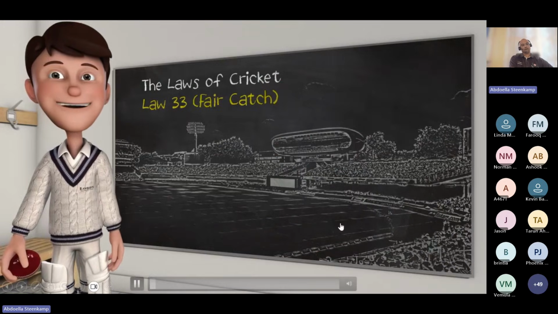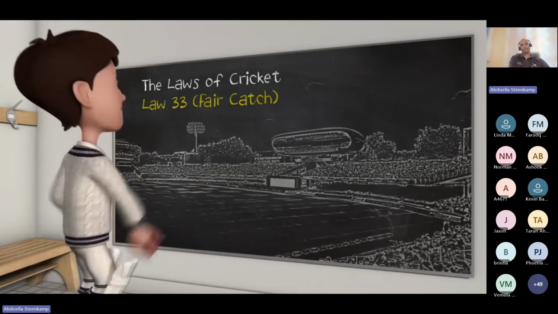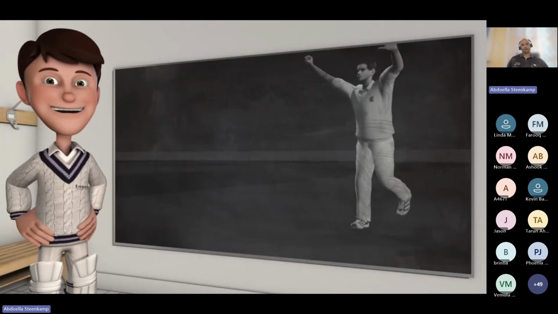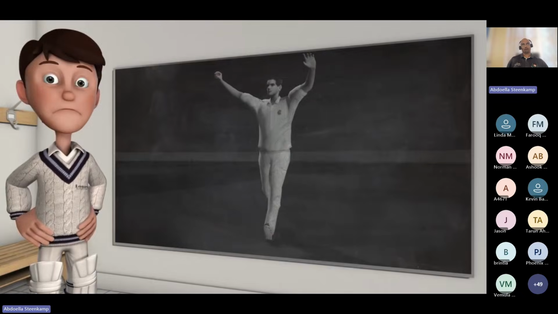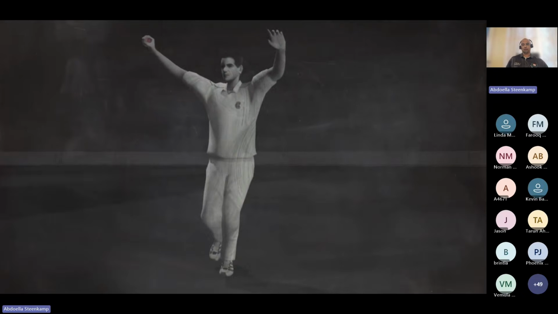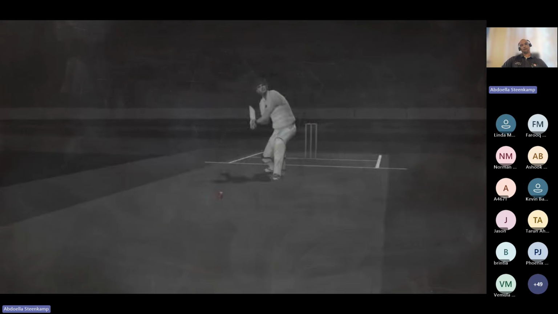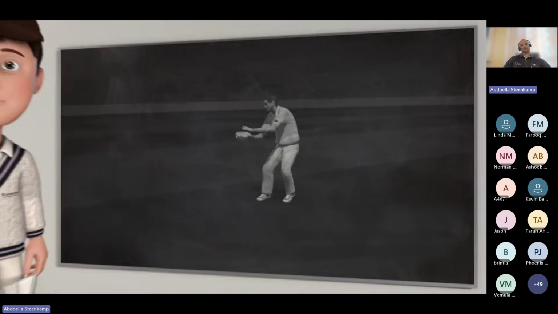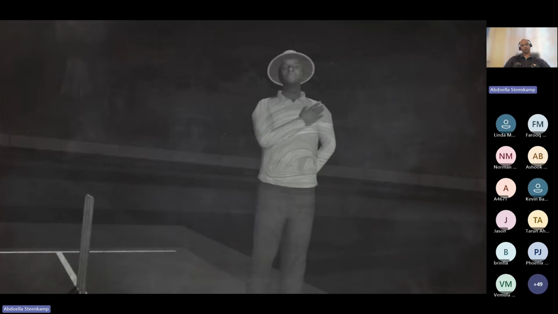Fair catch. A catch shall be considered fair if the ball is held in a fielder's hand, hugged to the body of the catcher, or accidentally lodges in his or her clothing, helmet, or protective equipment. But of course, this being cricket, it isn't always that simple. If a fielder deliberately uses an item of clothing to try to catch the ball, it is not out, and